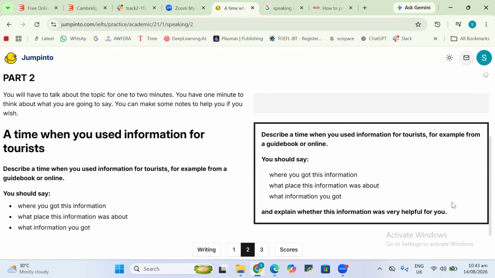After that you will get the permission to get there. And this information was very important for us because, sorry, I am